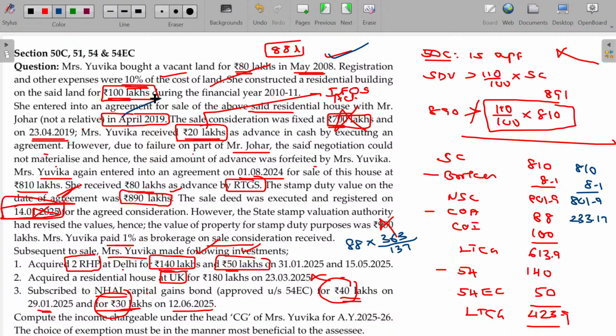Another one being improvement 100, current inflation index being 363, inflation index applicable in the year of construction 2010-11, this value being 167, the final value here being 217.37. If I subtract these two,